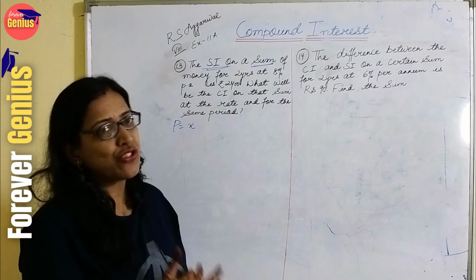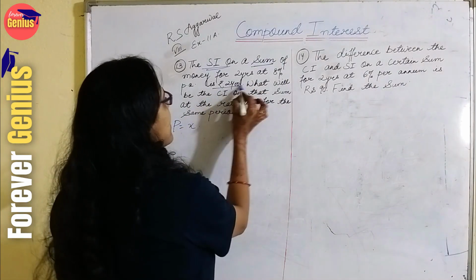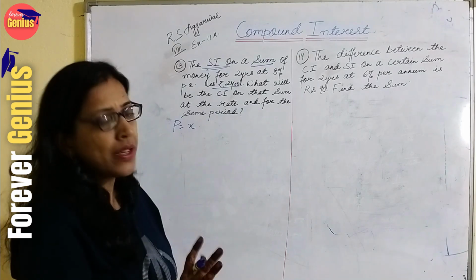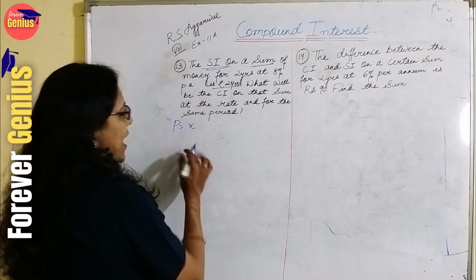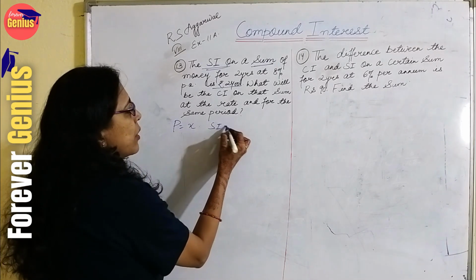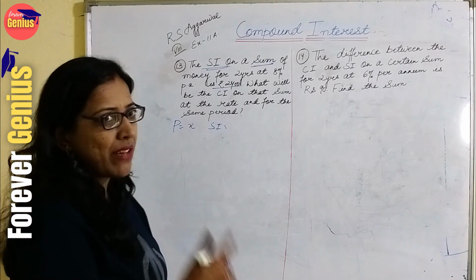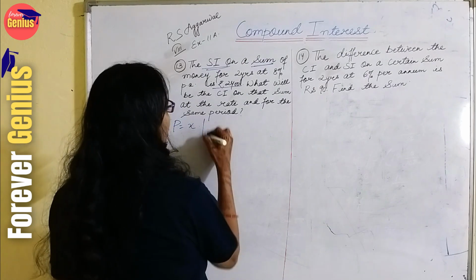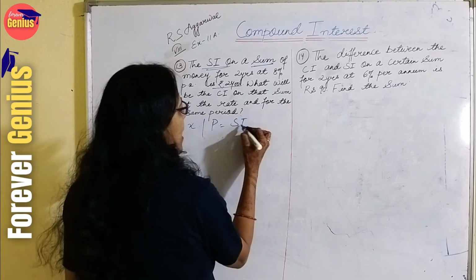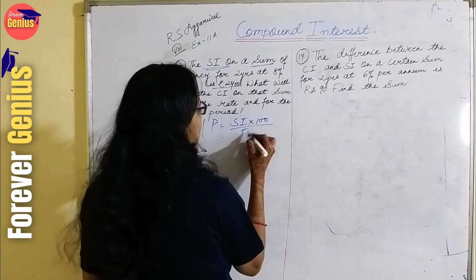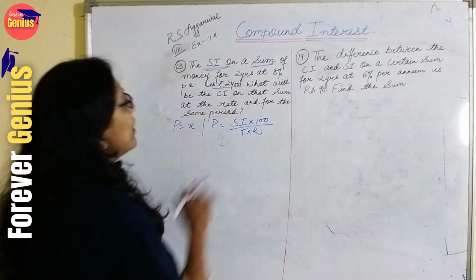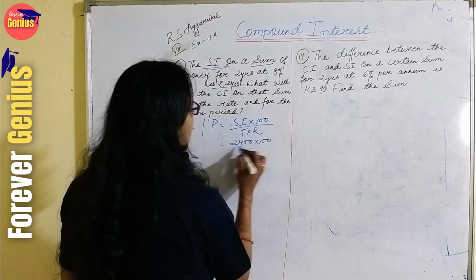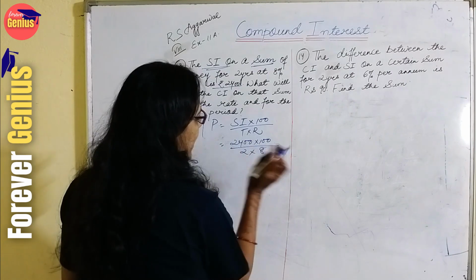But how are we supposed to begin? Simple interest is given to us. So with the help of simple interest, we can calculate principal. Yes, we can calculate if P is X. So simple interest is what? PTR by 100. This is a formula which everyone has marked up, I think. So if I want to calculate P, the formula is SI into 100 by T into R. This is equals to 2,400 into 100 by 2 into 8.